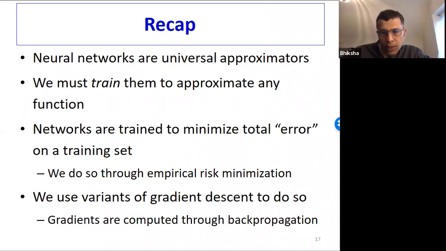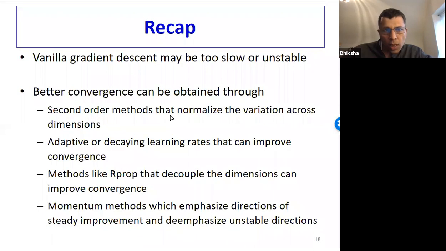So here's a quick recap of what we've covered so far. We've seen that neural networks are universal approximators. We've seen we must train them to approximate any function, and that they are trained to minimize a total error on a training set. And we do this through empirical risk minimization. We also saw that we use variants of gradient descent to do so, and gradients are computed through backpropagation. We also saw that vanilla gradient descent may be too slow or unstable, so better convergence can be obtained through